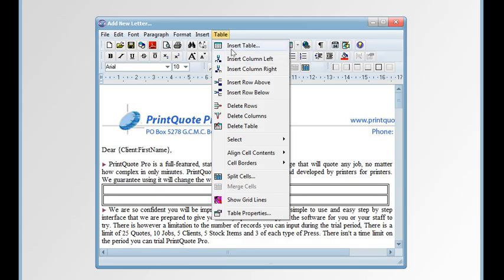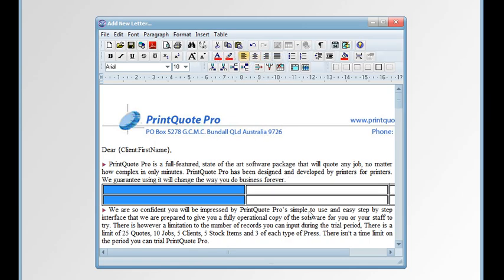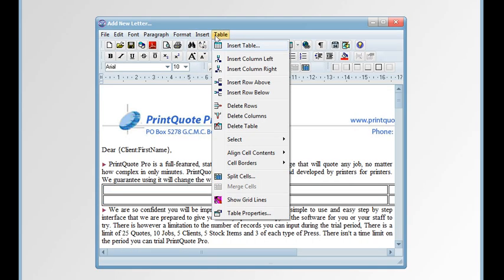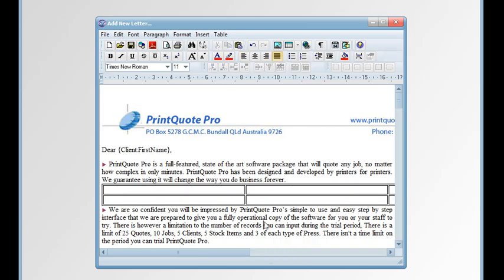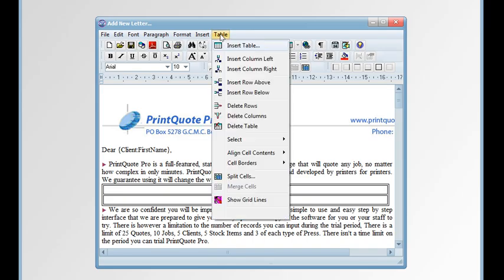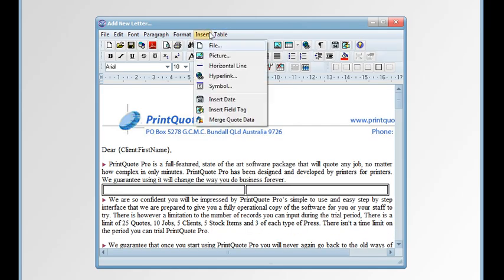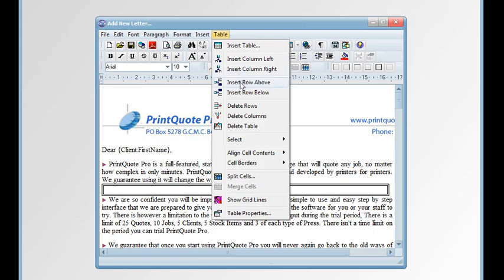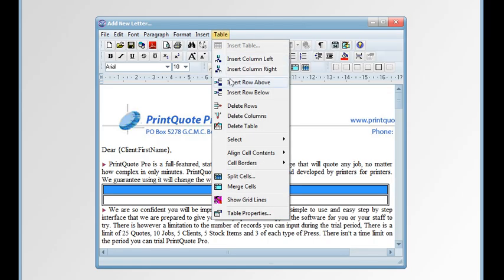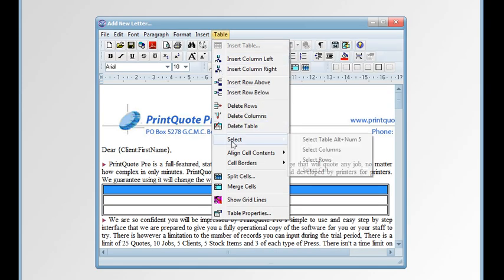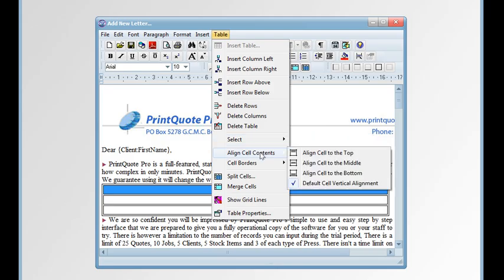And then once we've created a table, we have the options of inserting a column, inserting column left, inserting column right, delete a column, delete a row, you can insert rows, we can select columns, rows, we can align cells, the information in the cell to the top, to the middle or the bottom,